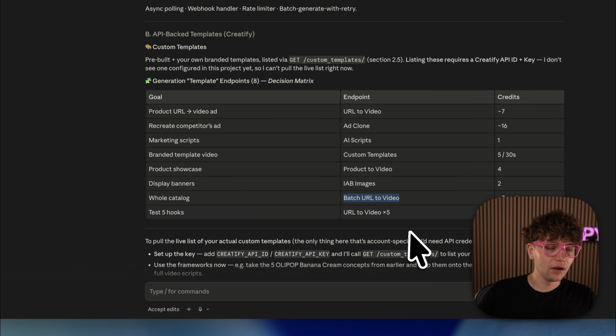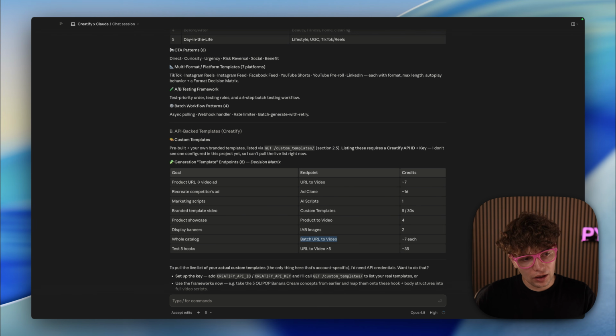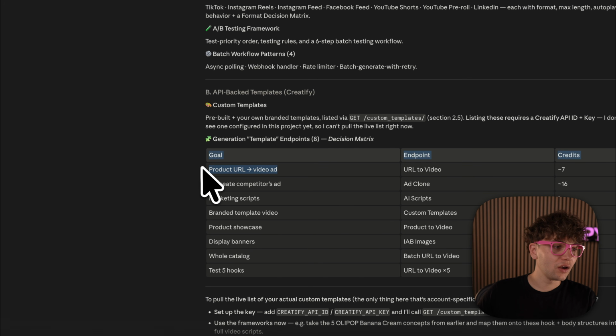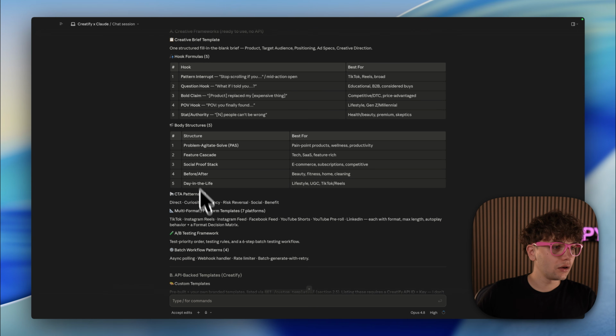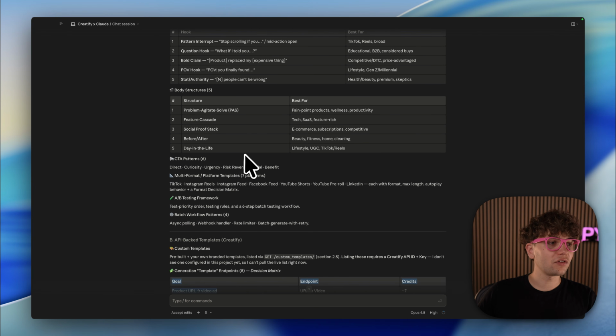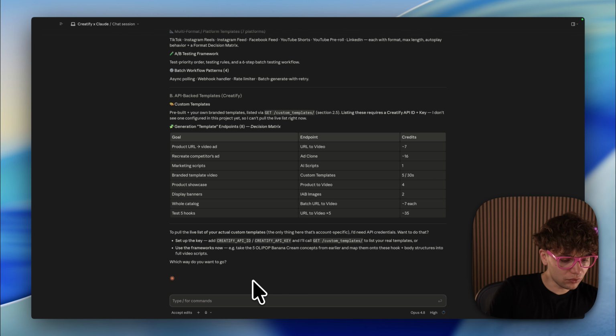For example, with our banana cream soda, we can also take all the other flavors as well, drop them in at once, and it will generate multiple video generation prompts for us at once. We can also choose to go from a product URL straight to a video ad, which I think is a cool use case for our soda as well. And yeah, we can see we have a lot of other options available as well. So I would say let's do